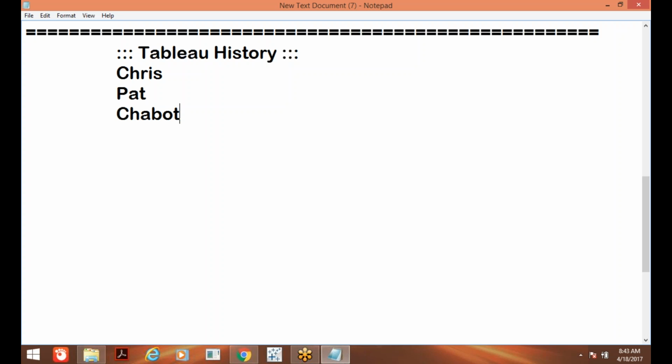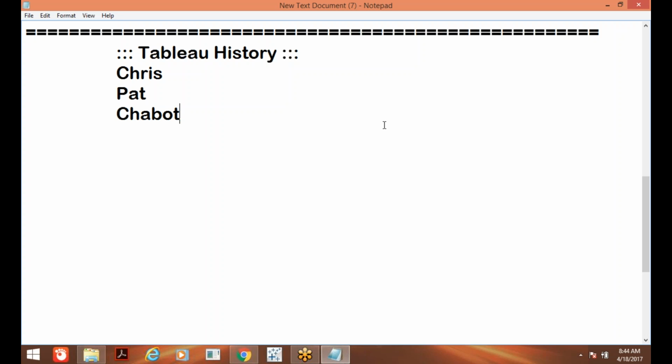So in 1990, the market was led by OBIE only for reporting. The only one tool in the world was OBIE, Oracle Business Intelligence Enterprise Edition. That OBIE could be used by experts only. Those who have extreme knowledge of Excel and SQL were the only ones who could work on this OBIE.